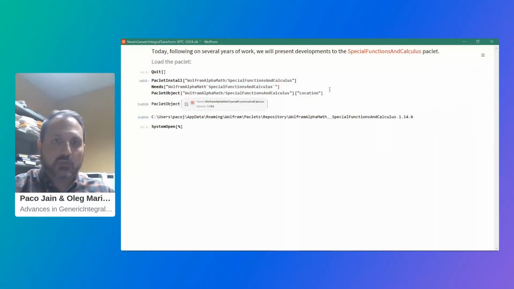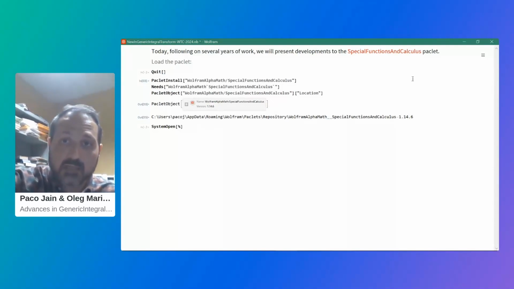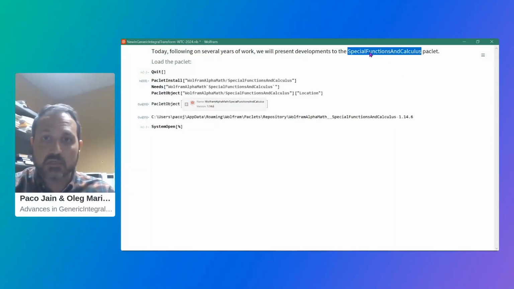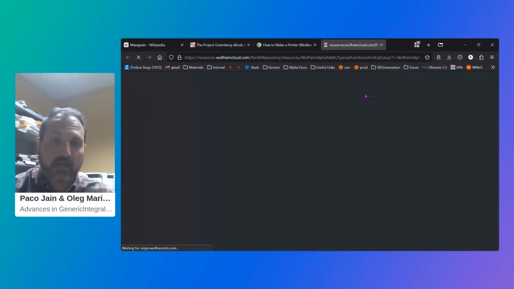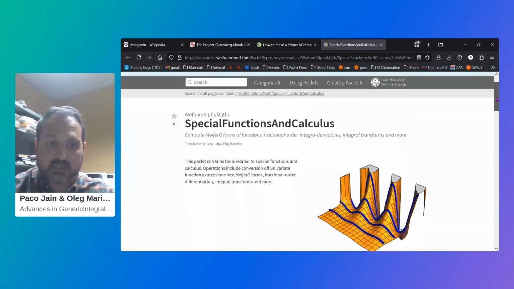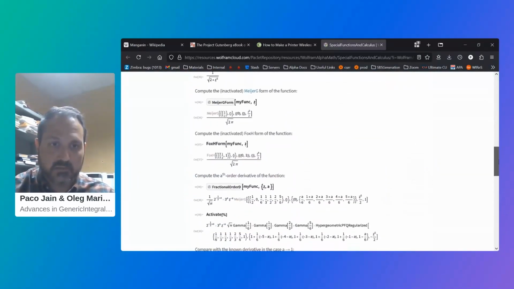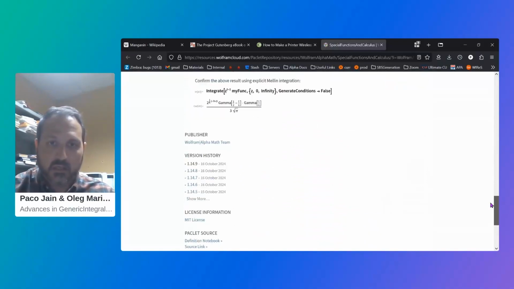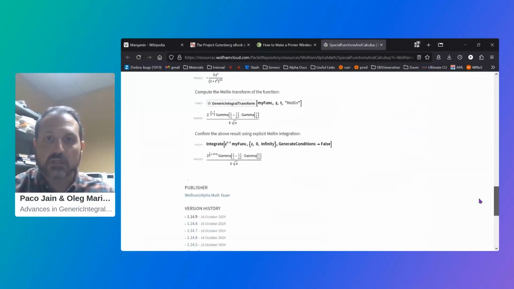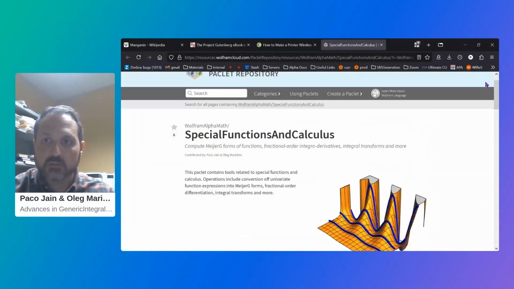So today we're going to be talking about functions that are exposed in a paclet. If you've worked with the Wolfram Language, you probably know what a paclet is. If not, it's just a system for distributing code in the Wolfram Language. You can click on this link that I've got here on this slide to go to the documentation page for this paclet. It's part of the Wolfram Language Paclet Repository, and it has several functions in it. You can look and see a basic description of some of them here. The documentation isn't as extensive as we would like, and that's one of the things that in the future we will definitely endeavor to